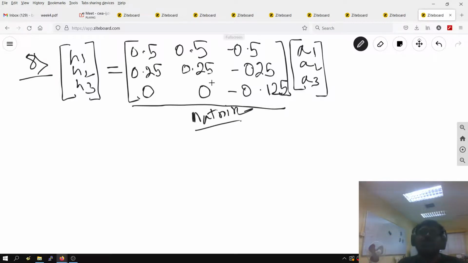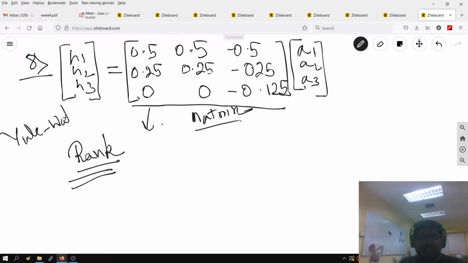Now we have to comment on how many independent columns are here which are actually spanning this space. That is the main thing here we have to notice, because if there are not three independent columns, then there is no point in taking all these matrix values, as there is some sort of dependence here, and you cannot span all the spaces. So let us derive the rank of this matrix. It depends on the rank of this matrix. You can search this topic in any time series book.